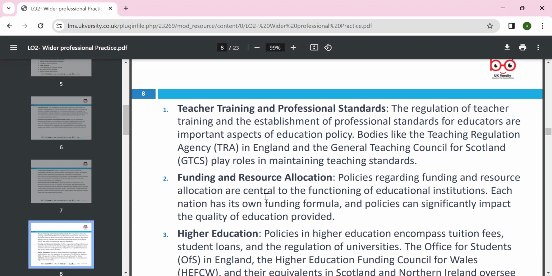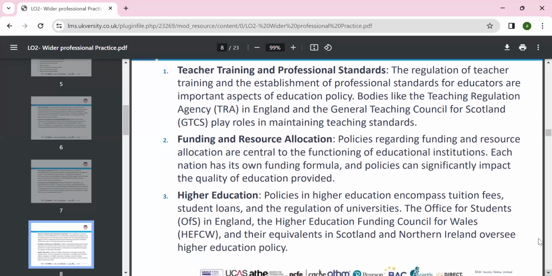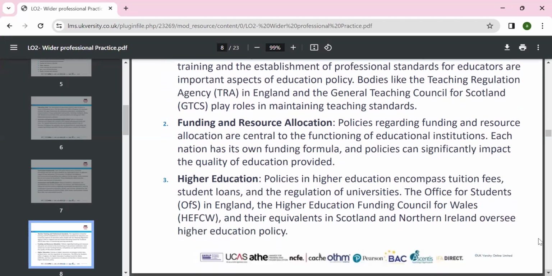Then policies regarding funding and resource allocation, and the functioning of educational institutions, like organization, parent governors and boards, are very crucial things, which we have policies in place for as well. So, higher education policies,